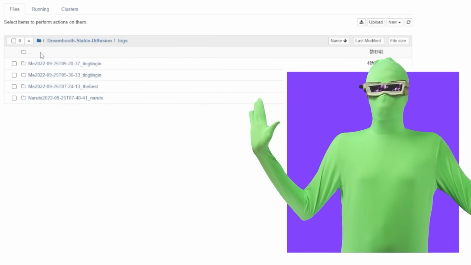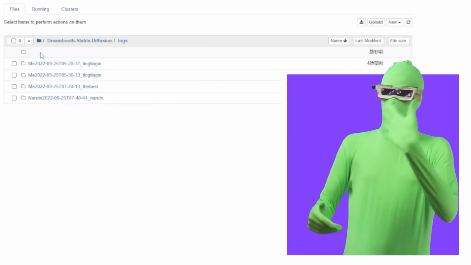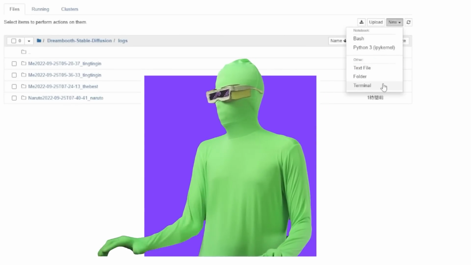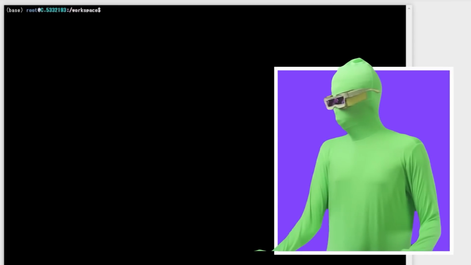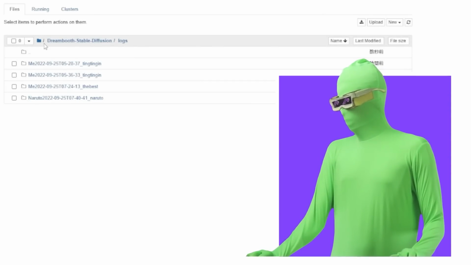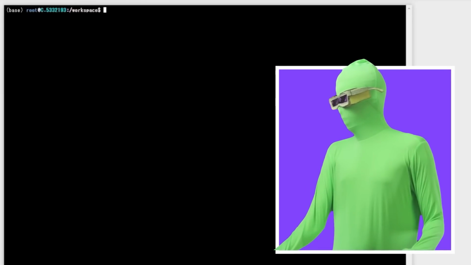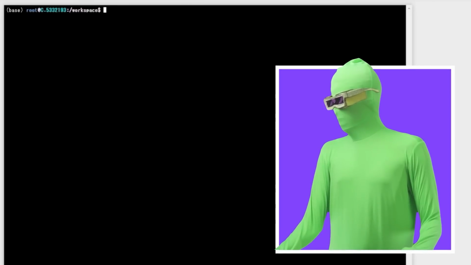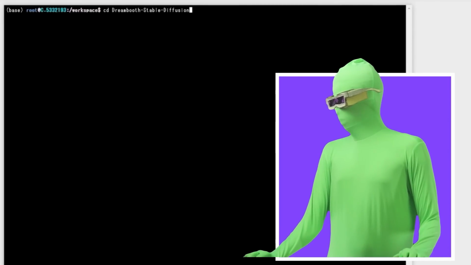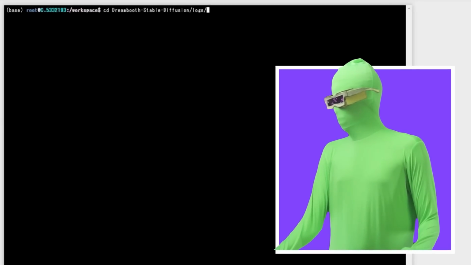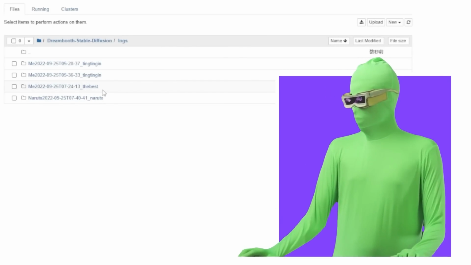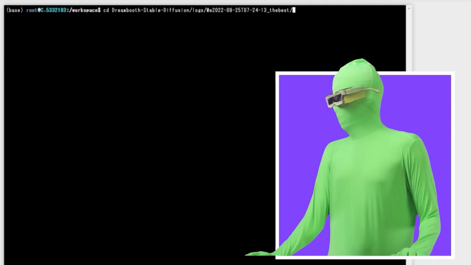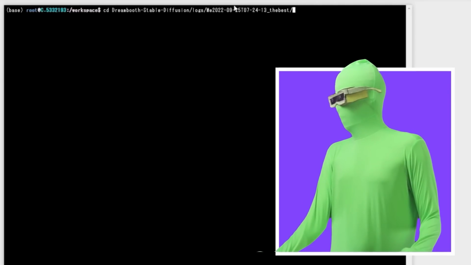I have no idea why it's like that, but well, this was an issue I expected to have. I knew this was going to happen, but still, that's really annoying. So here's what you have to do. You actually have to access the folder from the terminal and not from VastAI. It's really annoying. So you want to come and you want to take your folder. So currently I'm in the workspace folder here inside of the terminal. So I want to come here, take Dream Boot Stable Diffusion, kind of go cd Dream Boot Stable Diffusion, right? Slash logs slash name of the folder that contains your images. So I copy that, paste here. Again, make sure the slashes are in between. Slash cd Stable Diffusion logs, yeah, enter.